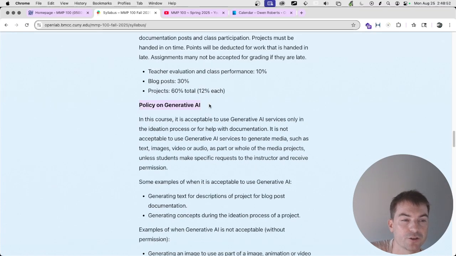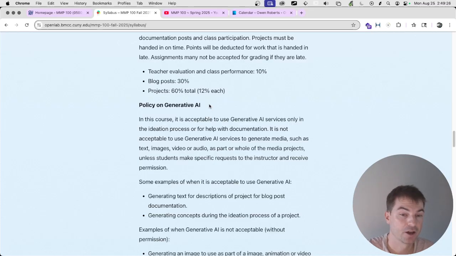Quick policy on generative AI. This is a new thing that we're all adding into our syllabi, so I'll go over this real quick. Of course, if you have any questions about this, please ask. By generative AI I mean ChatGPT and services like that. It's only been around for a couple of years, so us faculty are all still getting used to it. Of course, we all have different attitudes about it. I use AI a little bit. I don't use it maybe as much as some people. I probably use it more than most people.